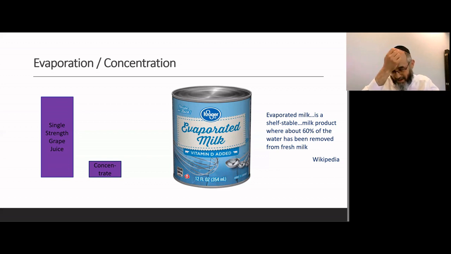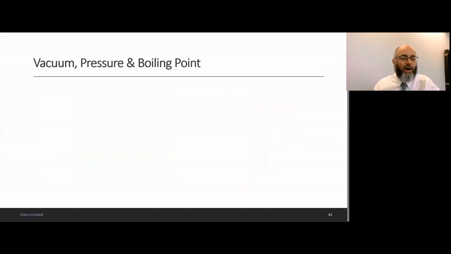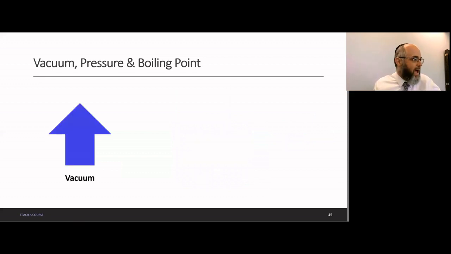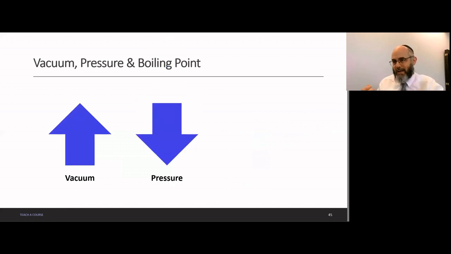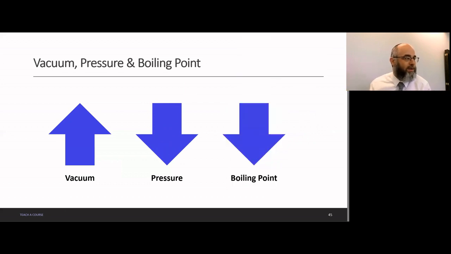Now the way evaporators work is they take advantage of a piece of physics. I don't know the right word to describe this. As you increase vacuum, otherwise known as decreasing the pressure, those are the same thing. Making a stronger vacuum means less pressure. As you do that, the boiling point goes down. As you have more vacuum, or another way of saying it, as you have less pressure, the